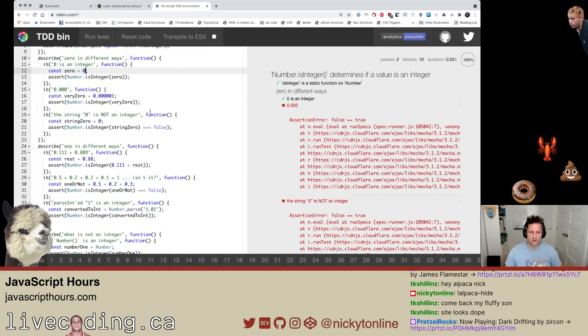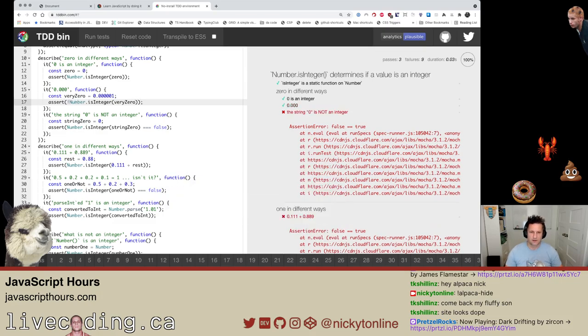Now, if we come to the next one, it's saying we want to assert that a floating point is an integer, and it is definitely not. So I would assume just doing not was good. Okay, and there's one thing, because I haven't done these in a while. The other thing I forgot is you have to do them one by one, because, for example, if I put this one back to null and save,